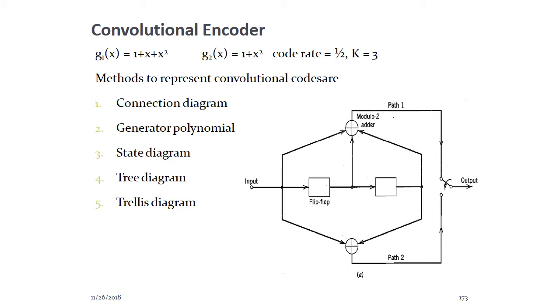Convolutional encoding is done by combining a fixed number of input bits. The input bits are stored in a fixed length shift register and they are combined with the help of mod 2 adders. This operation is equivalent to binary convolution and hence it is called convolutional coding. Let me see one by one how we have to represent each of the convolutional codes.